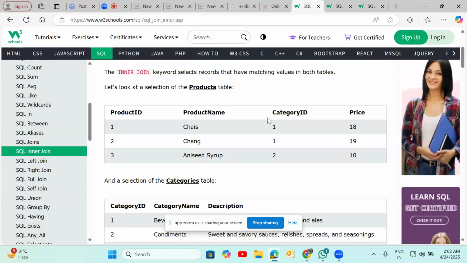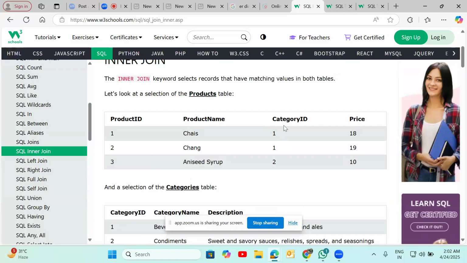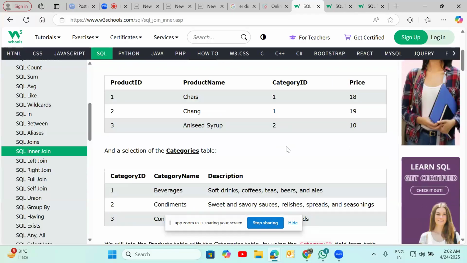Category ID is in the product table. Oh, I see what you're saying. So those two are the same. Yes, exactly. You just need to observe that category ID one is the same as one on the bottom table. Only consider category ID. Category ID equal to category ID. That's all. Okay, so there's three. If you join the two tables together, there's three records.